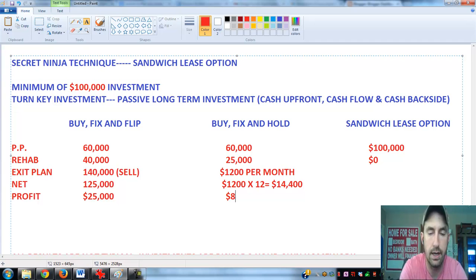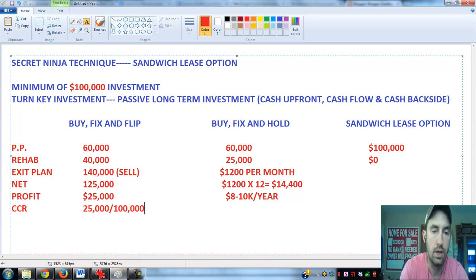$10,000, I would say probably $8,000 to $10,000 per year profit, okay. Now let's figure out some cash on cash return. Has anybody today ever calculated your cash on cash return? What we're going to do here is divide our $25,000 profit by our initial